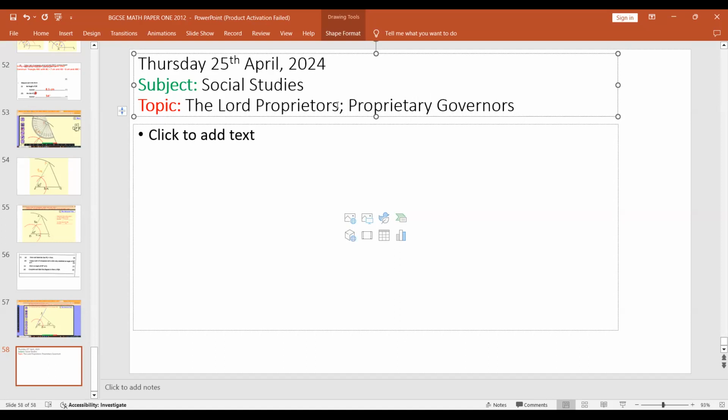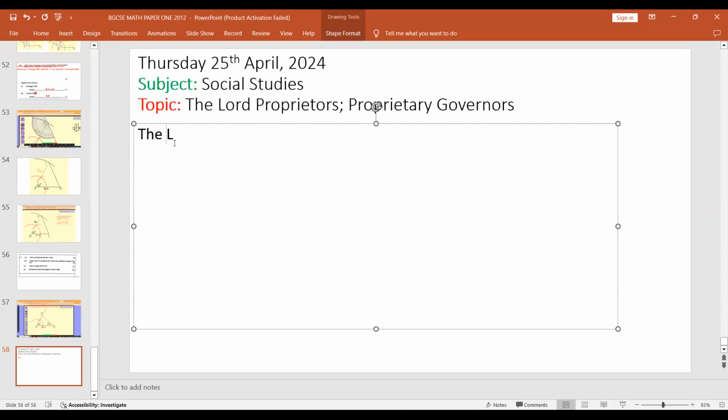Just to give you a glimpse at the names of the governors they appointed, let me write them down. So the Lord Proprietors appointed or selected governors to govern the Bahamas,